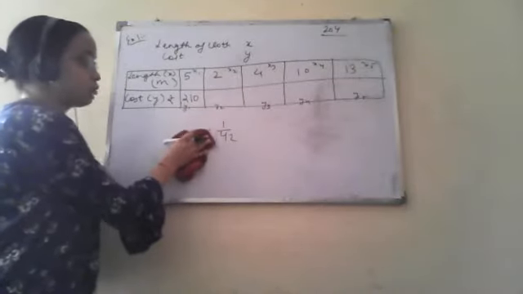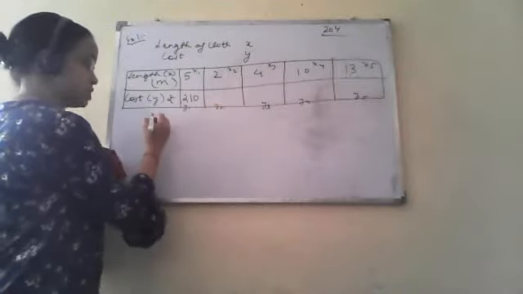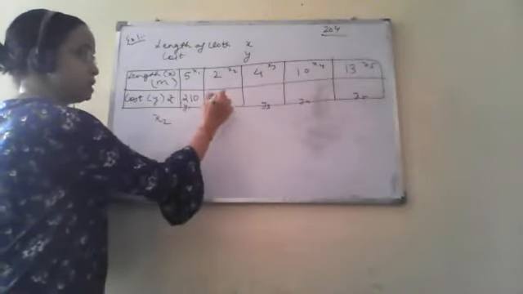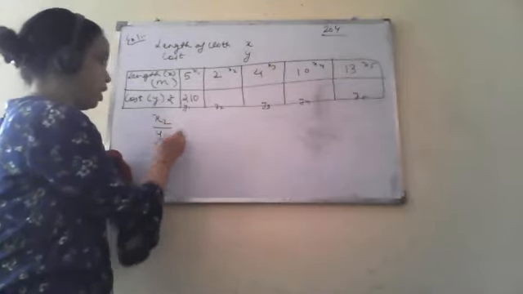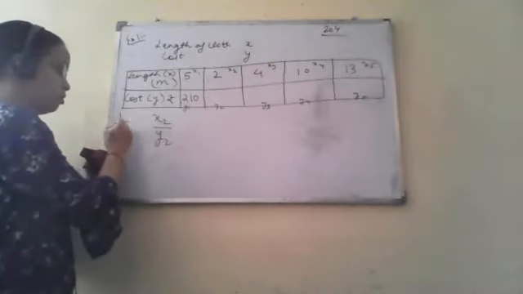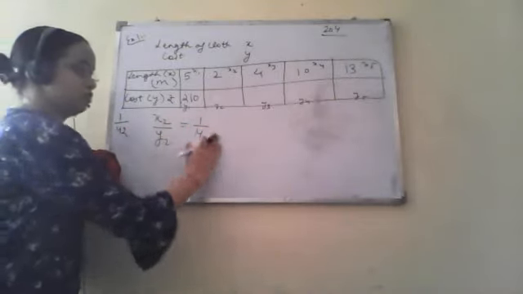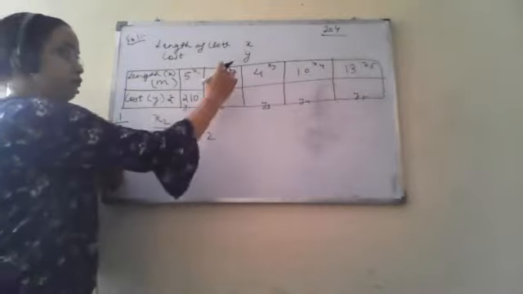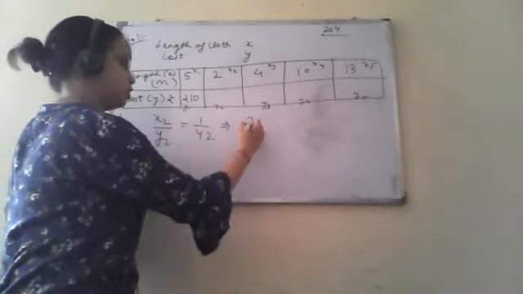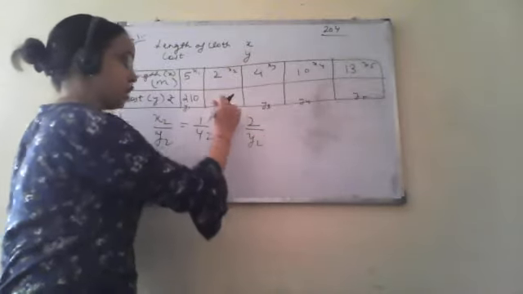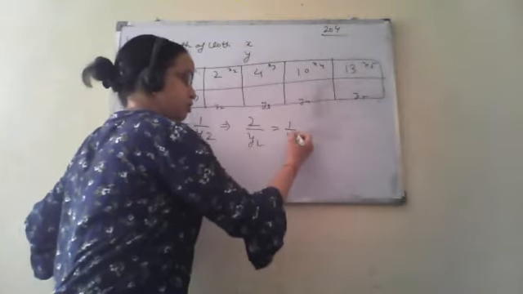Now we can calculate from this. We have to calculate y2 first. That means we have to calculate the cost of 2 meters of cloth, that is x2 upon y2, and the ratio was 1 upon 42. We can put this ratio as 1 upon 42. Now we have the value of x2, which is equal to 2 upon y2. Y2 we have to calculate, that is the cost of 2 meters of cloth, and this is 1 upon 42.